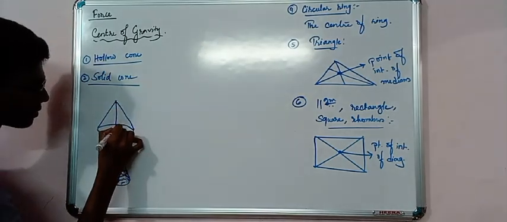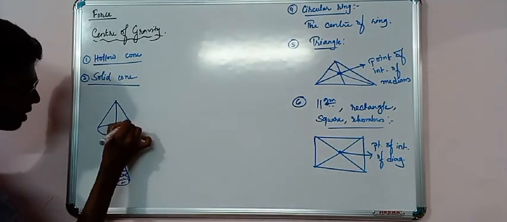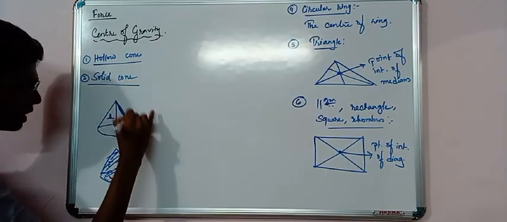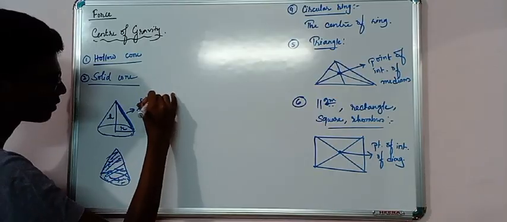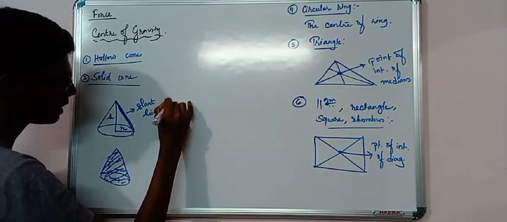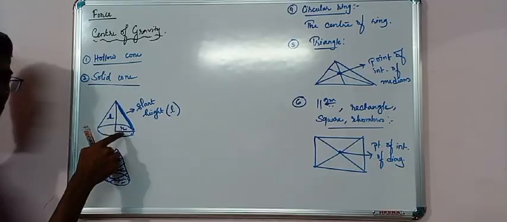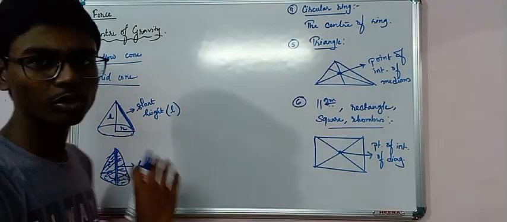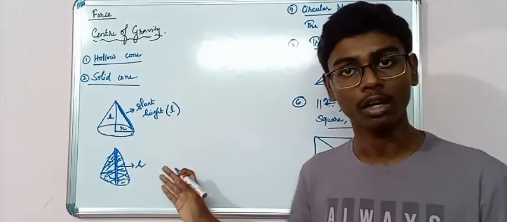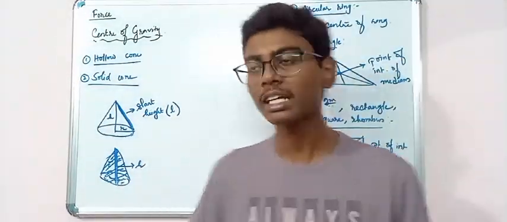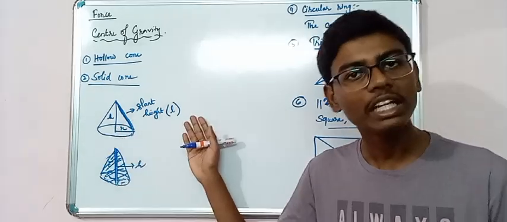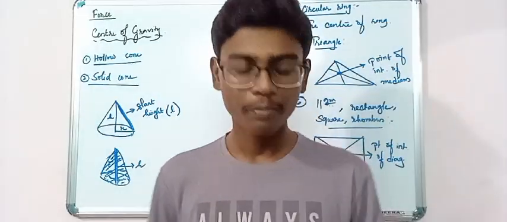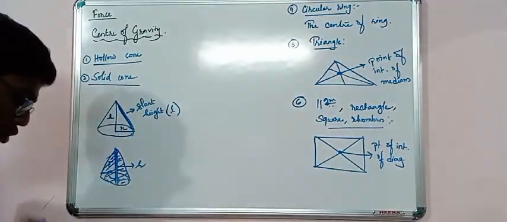This is the height, this is the radius, because this is a circular base, and this particular thing is known as slant height. This we denote by the letter L. This is your height, this is your radius. Same goes for this, this is your height. We do have one formula for slant height, but we are not going to learn about this because our work is with height. We will neither work with slant height nor with the radius. We just need to know the height. Fine? Now if it is a solid cone, then